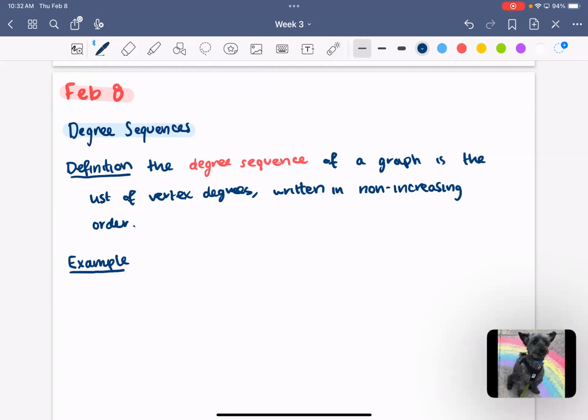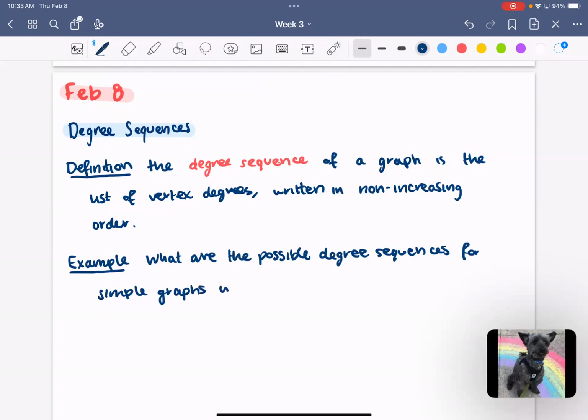So what are possible degree sequences for simple graphs up to 5 vertices? So I'll give you a few,